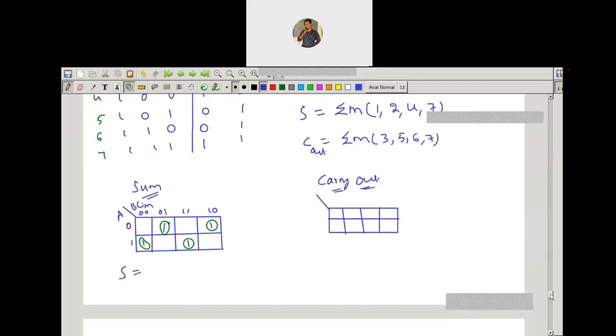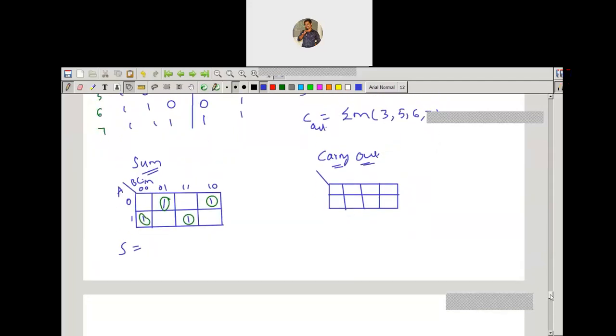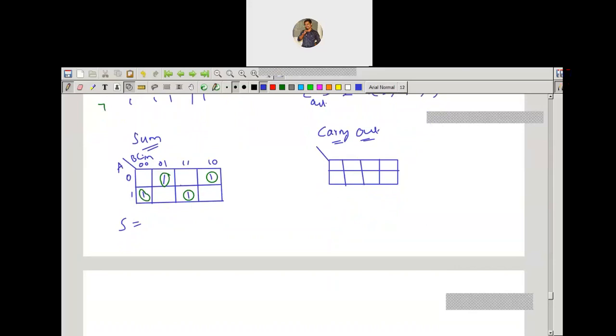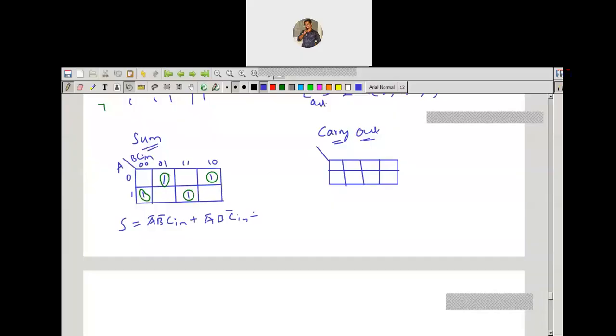Sum is equal to, first let's go for the a equals 0 row: a bar b bar c in, a bar b c in bar, and for the a equals 1 row: a b bar c in bar, or a b c in.